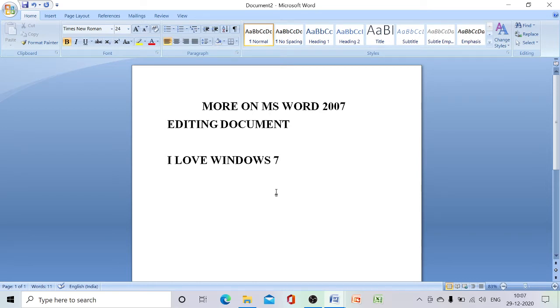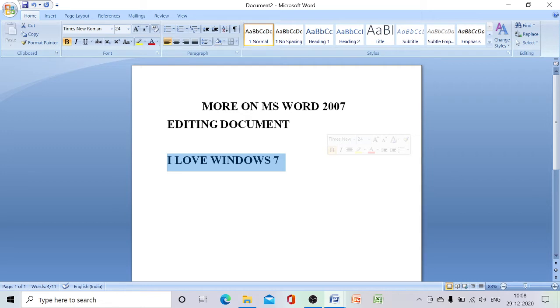To select a single word, here I am going to select the single word Windows. It's a single word, right? To select a single word I can double click on this word, and it will be selected. To select a sentence or paragraph, we have to place the mouse pointer before the first letter and drag it.